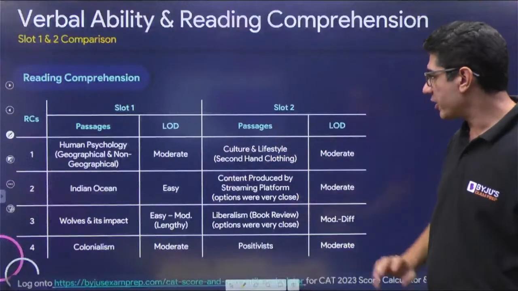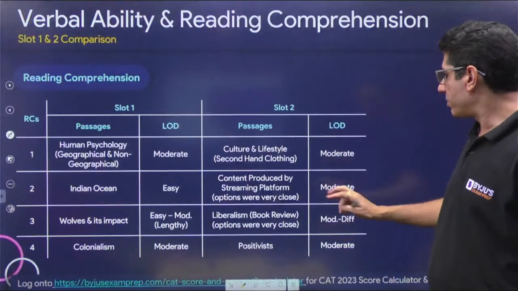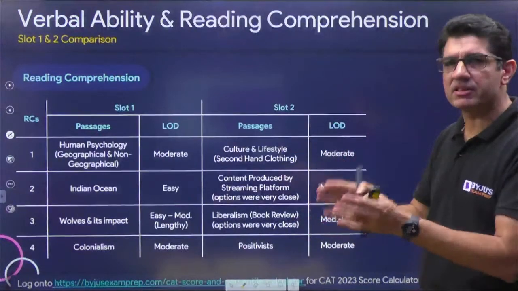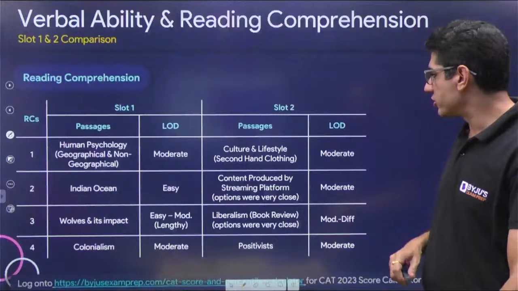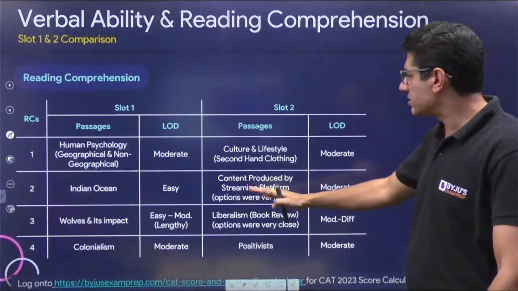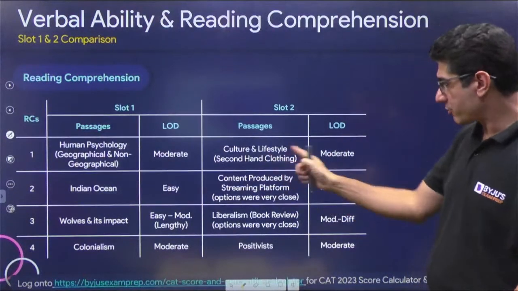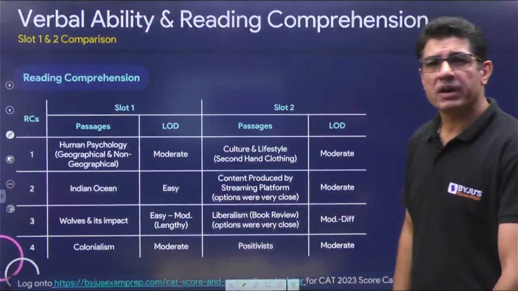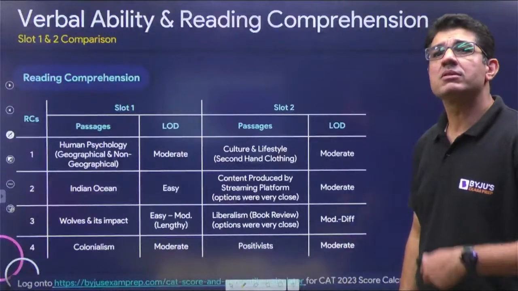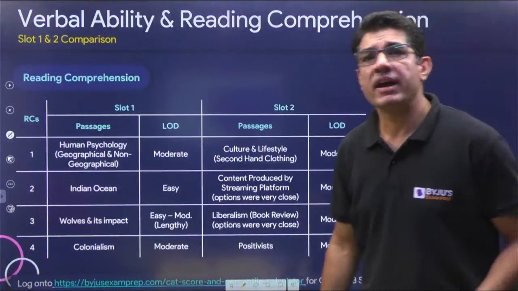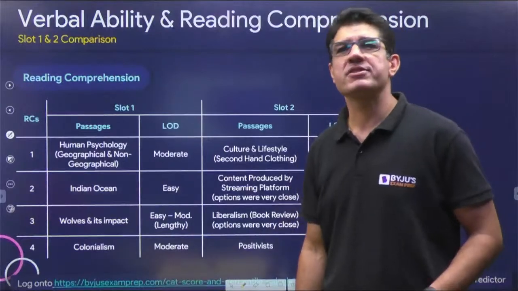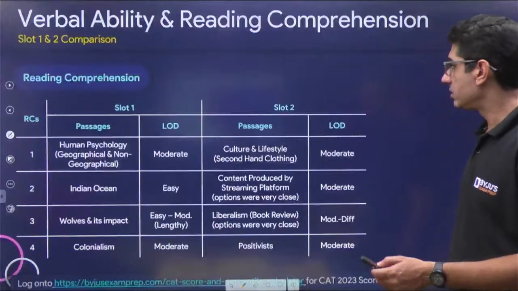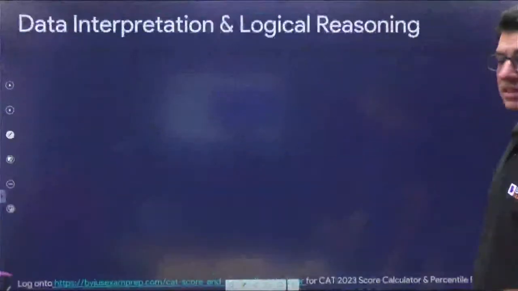Now if I look at slot 2, a couple of them were easy to read. The moderate is in total by taking the difficulty level of the questions into account, but I'd say slightly more difficult as compared to slot 1 going by this analysis, but I'm relying on just the figures that are here. We'd see once we are able to go through all of these questions. I think people are discussing a lot of DI or quant, but so that's a comparison there.